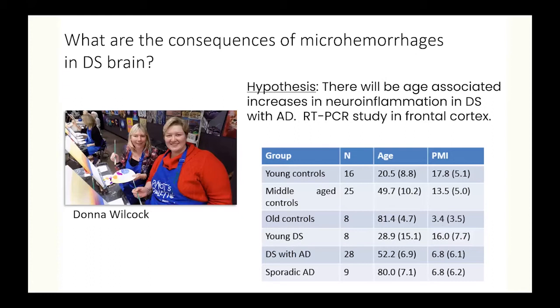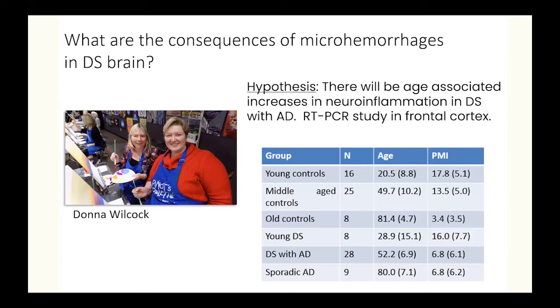So again, here are our ages and our postmortem intervals. You can kind of see who's our ADRC cases, which are these shorter postmortem intervals, and the NIH NeuroBioBank, by the nature of how they do these collections, have longer postmortems. So another thing to keep in mind, that PMI could potentially be a covariate in these analyses. And so Donna, at that time, this was in the early 2000s, so I'm sorry, it's a little bit dated, but it's surprising there's not a lot of updates on this.